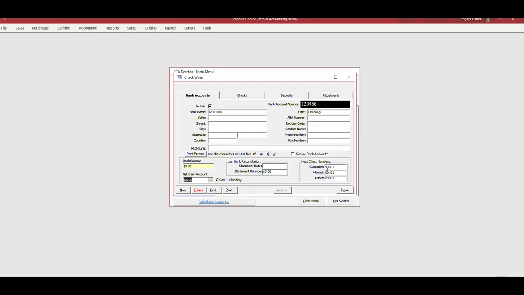Over here is where you can have your start check numbers. We track 3 different sets of numbers for checks: one for computer checks, one for manual checks, and other, which is usually for debit card transactions or online banking transactions where you've used your bank account. There is the option within the program to print checks to blank check stock, where you would enter in your routing number here,